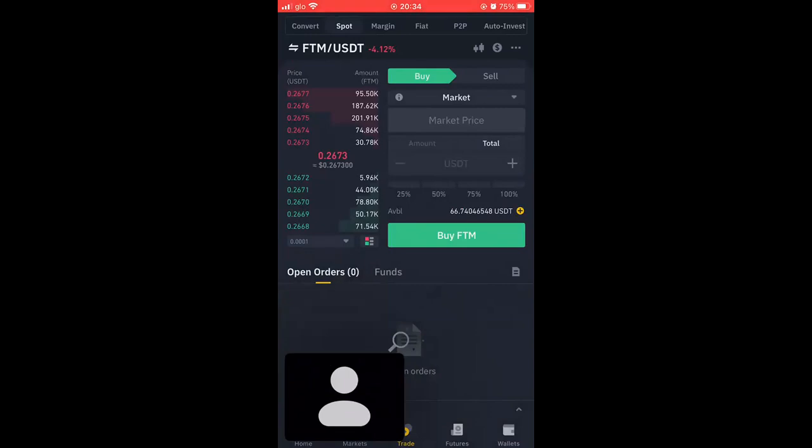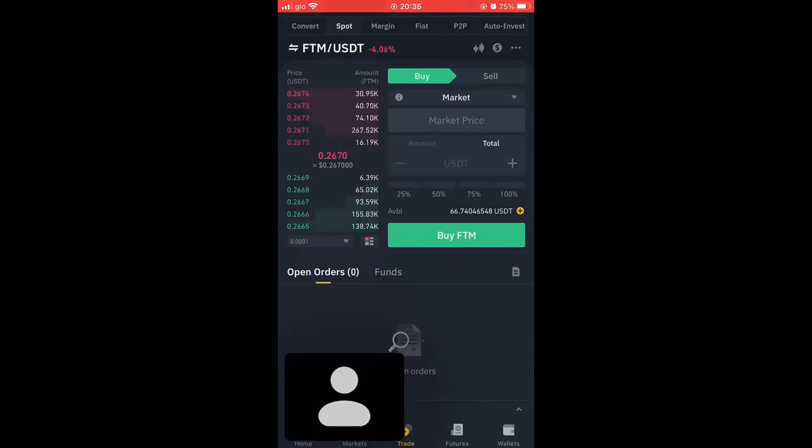Remember guys, in spot, this is where you build your portfolio, number one. And if you want to trade any asset on spot, you need to have it. But on futures, you don't necessarily have to have it.